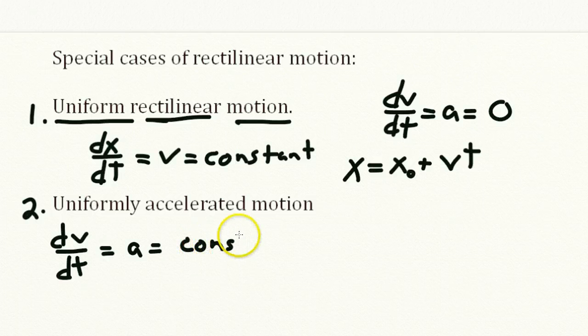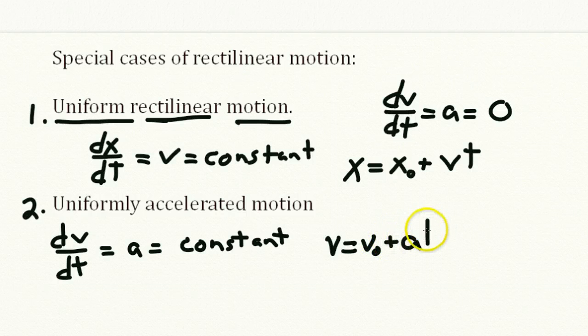And so, just like above, we can write this with a special equation where we know that the velocity is going to be equal to some initial velocity v naught plus the acceleration, which is just a constant, times the time. And then we can write the position this way. X is going to equal the initial position, x naught,